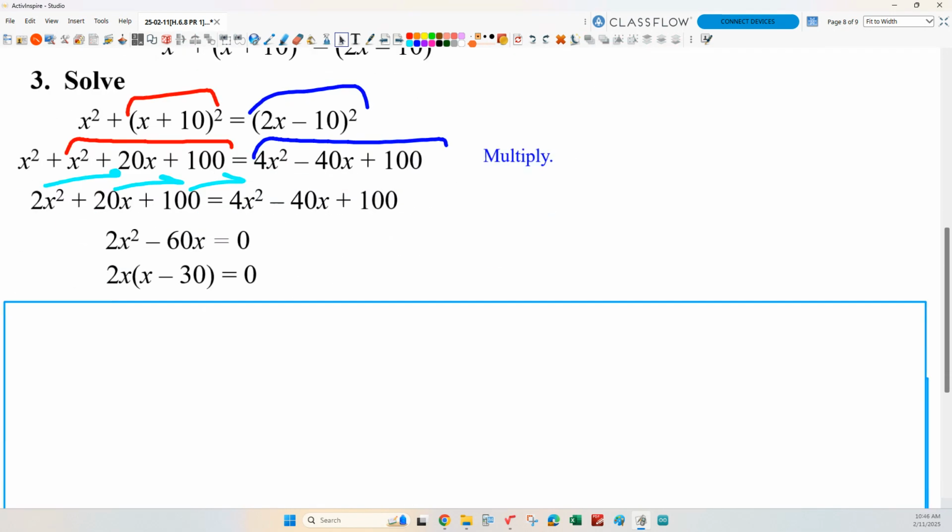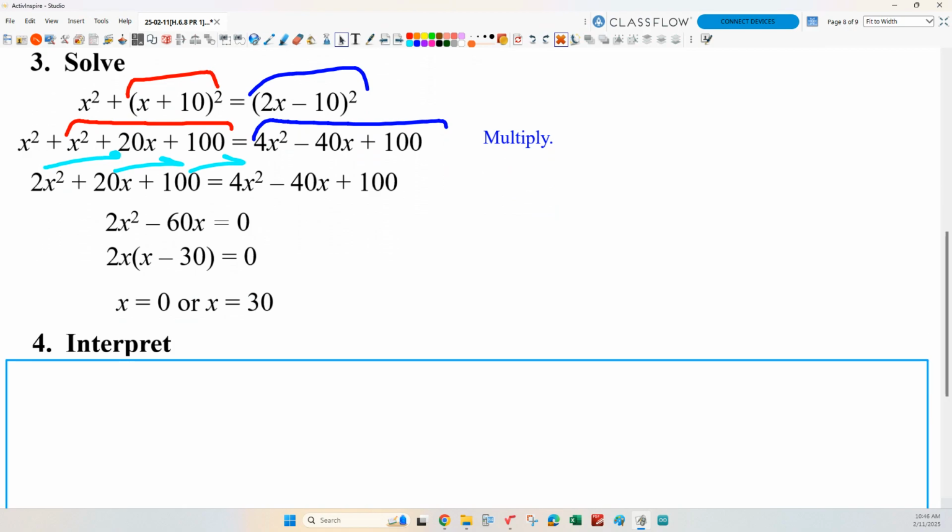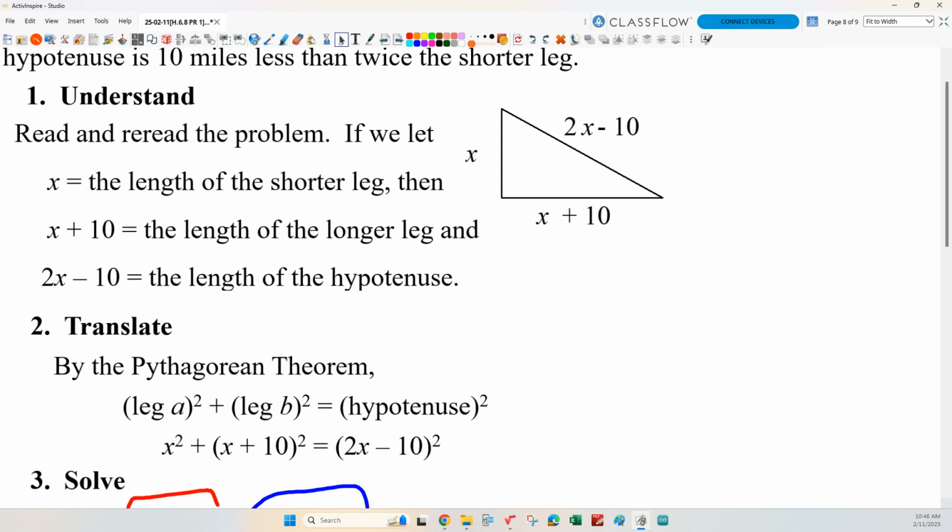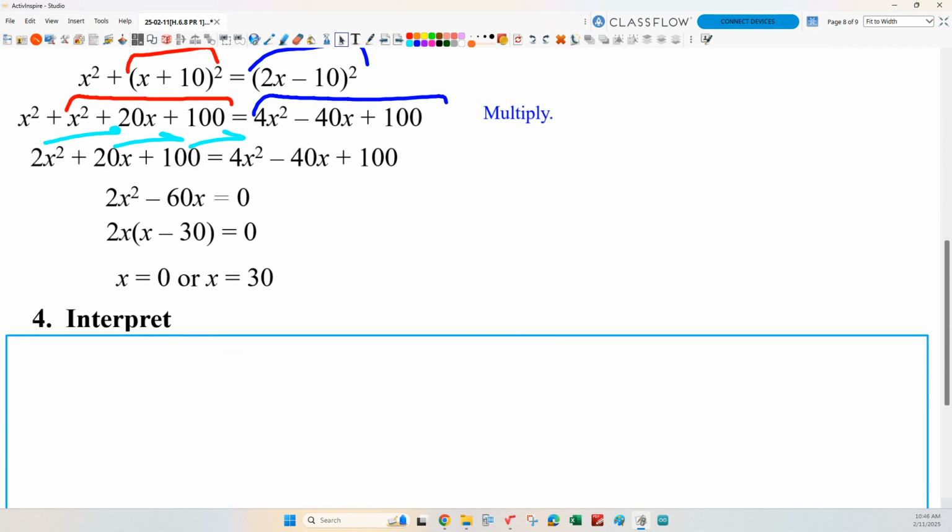Okay, so mathematically at least, right? So let's interpret that. Yeah, how come not 0? Things kind of collapse at 0, don't they? This is a pretty funny looking triangle if one of the legs has length 0. Doesn't it kind of cease to be a triangle then? So even though this is a mathematical solution, x equals 0, it doesn't work geometrically, so we discard that one. So we get the solution x equals 30, and then if I plug that value of x in,